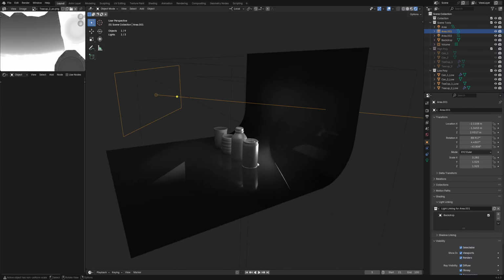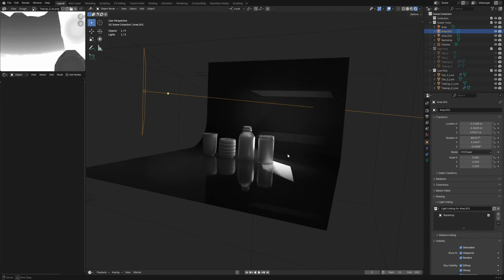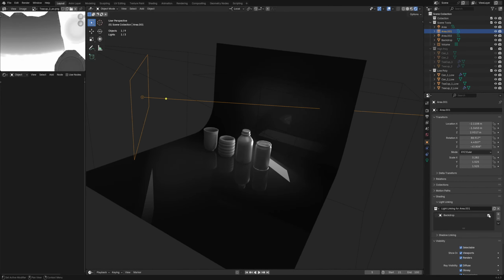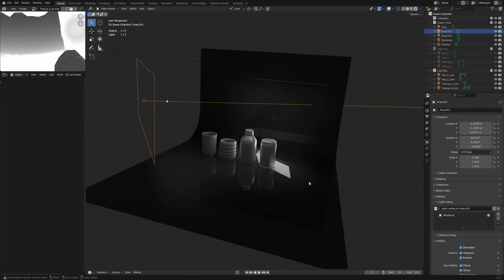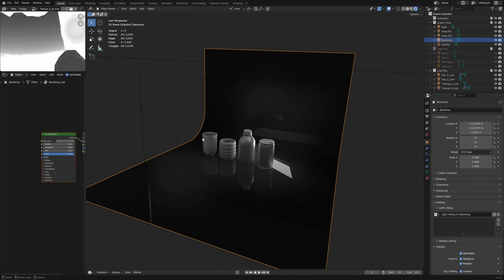Let's try the other way. I'm just curious to see. Wait, let's erase this for a sec. Oh no. Okay, I think that was the wrong way. So I don't think we put in the light. I don't think it's this. I think it's in the object itself. It's not? Alright,